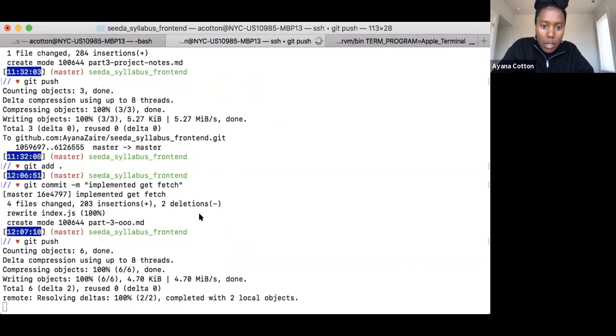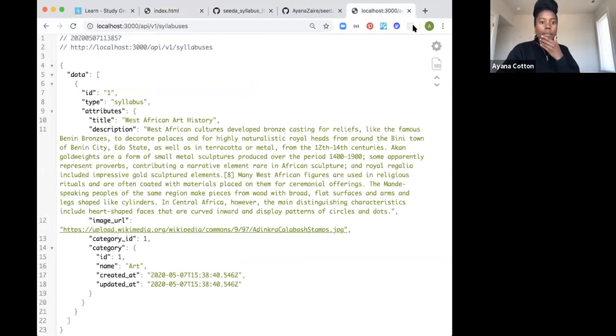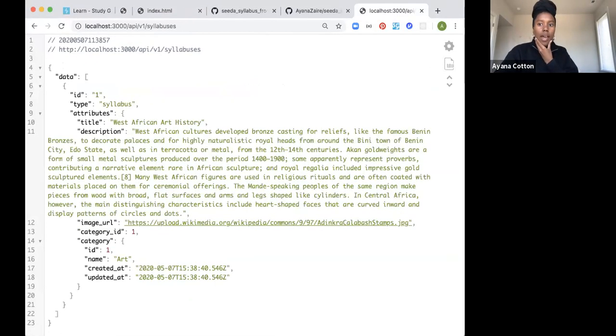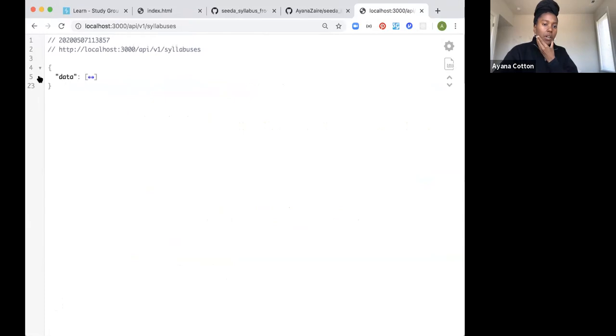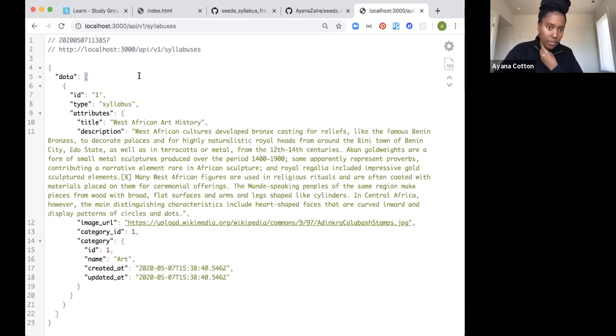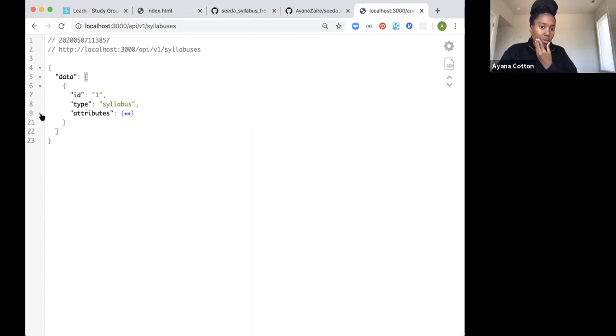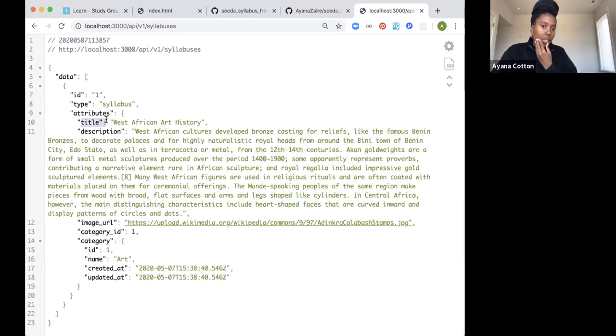Yeah, so if we go back to, again, this is why I mentioned I love having a tab open that has our JSON data already in it, because this kind of shows us how our data is nested, right? So this first key in our response is called data. The data key is how we actually get to our array here. But then in that actual array, there's a key called attributes, which has our title, our description, and our image URL,